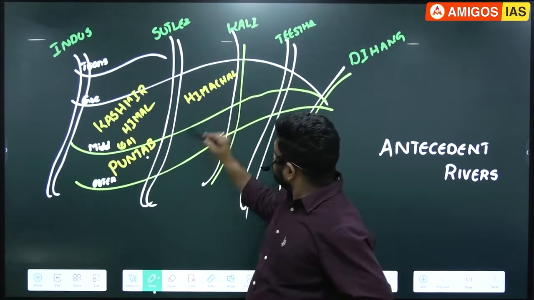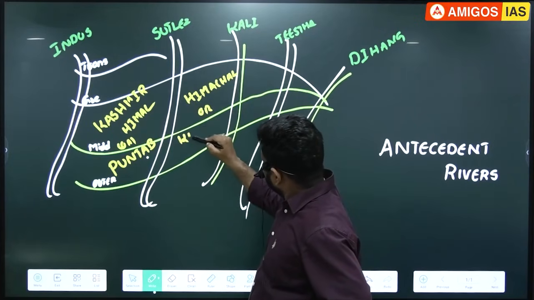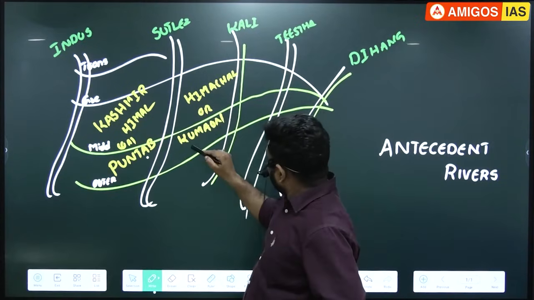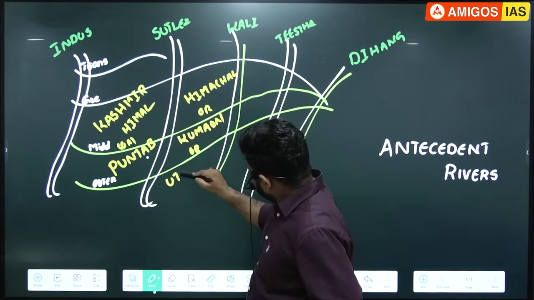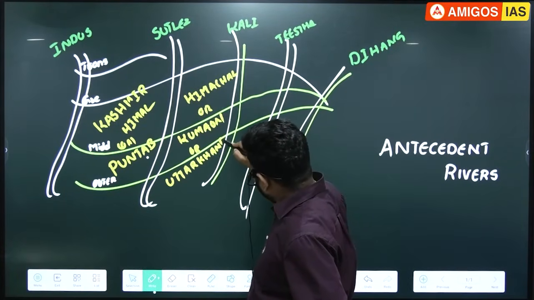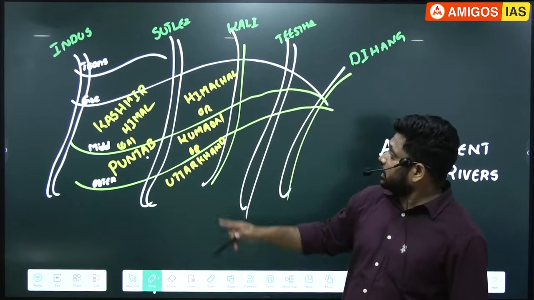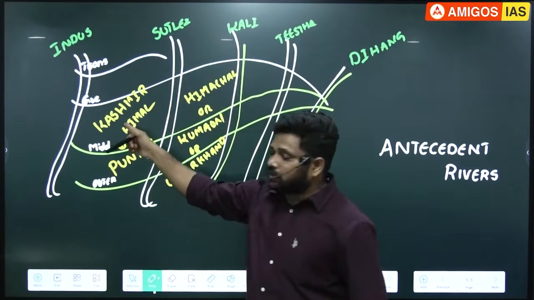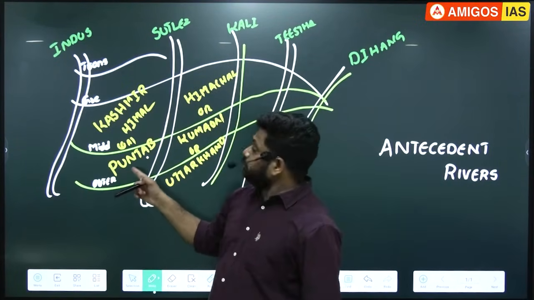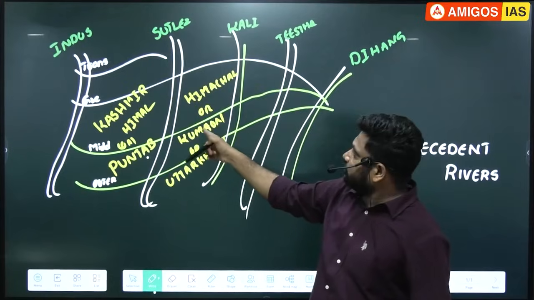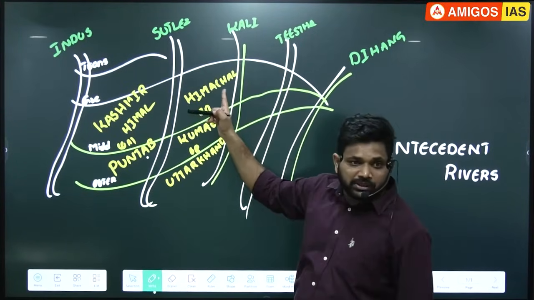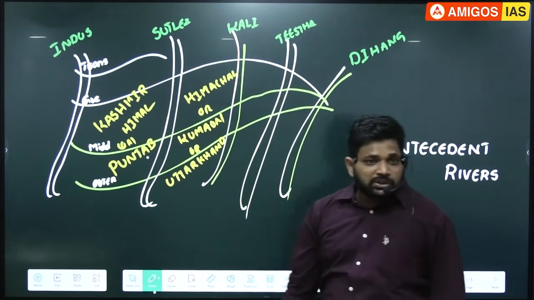Himachal Himalayas or Kumaon Himalayas or, see the words, Uttarakhand Himalayas. So the Himalayas which are present between Indus and Sutlej, what do we call that Himalayas? Kashmir Himalayas or Punjab Himalayas. The Himalayas which are present between Sutlej and Kali, what do we call that Himalayas? Maybe Himachal Himalayas, maybe Kumaon Himalayas, maybe Uttarakhand